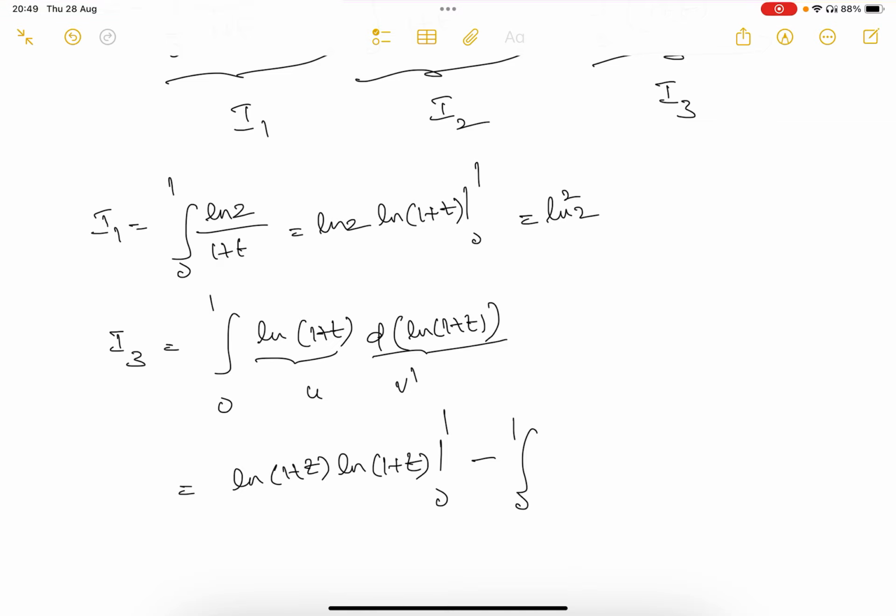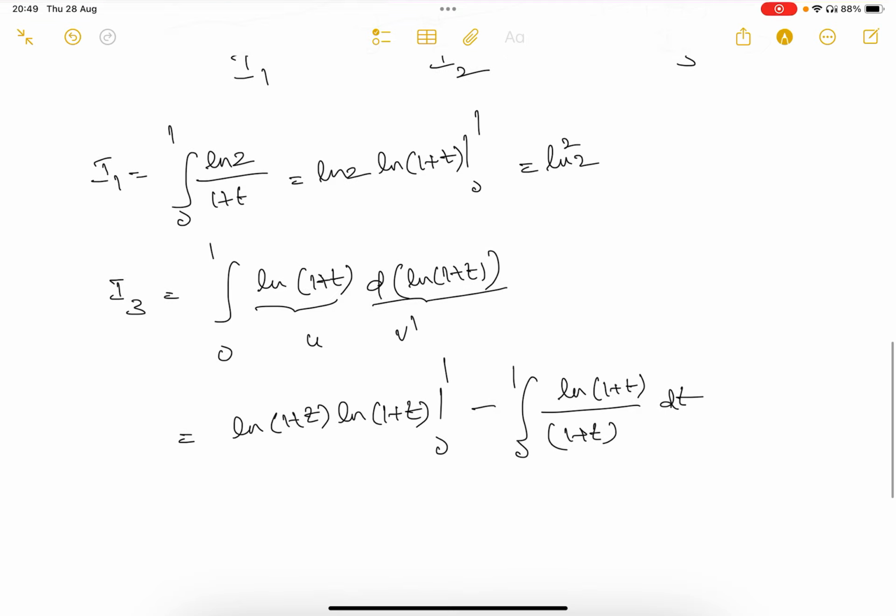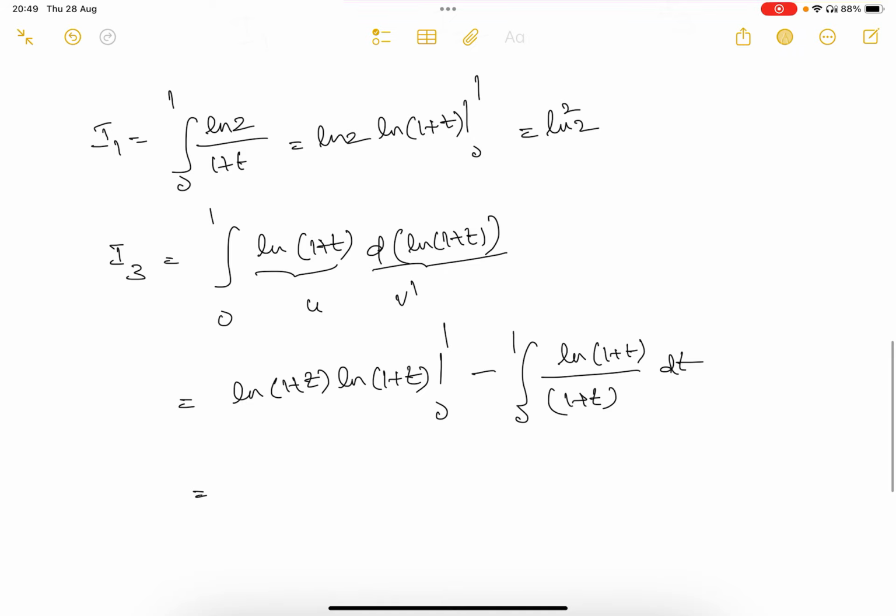U dash will be 1 by 1 plus t into v, right? ln of 1 plus t dt. As you can see here, when t equal to 1, this will be ln square 2. I mean, you can easily see this, right? 1 plus 1 will be 2. Then this will be ln square 2. When t equal to 0, ln 1 will be 0. Then it will not contribute. Then this will be,